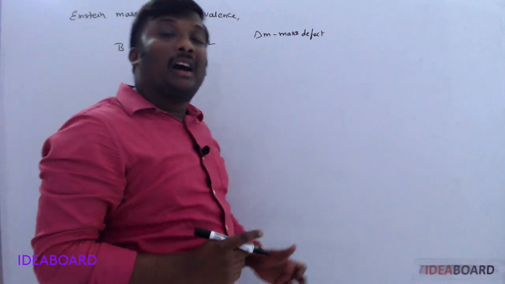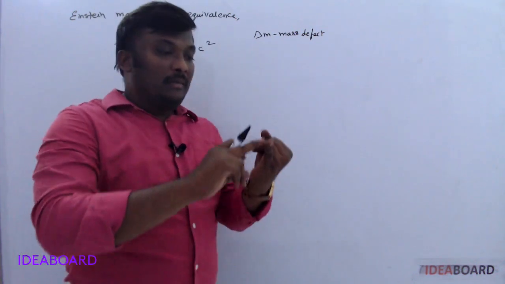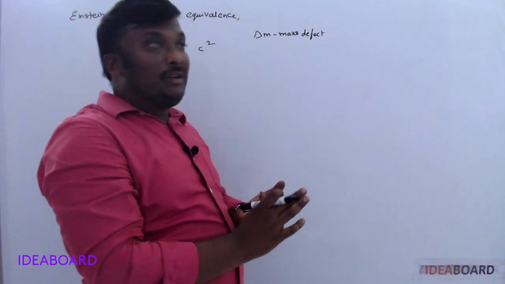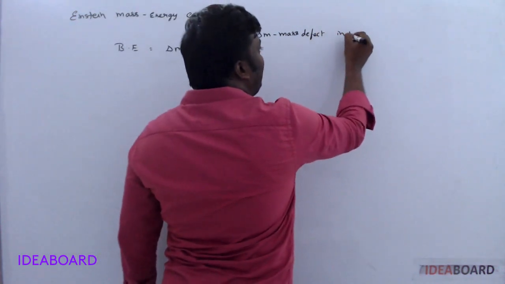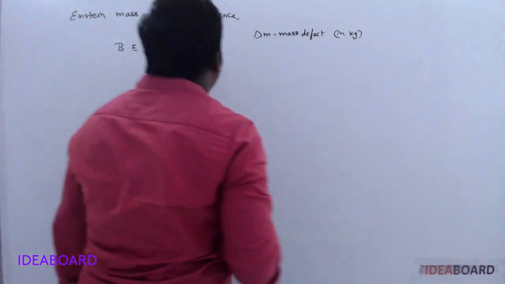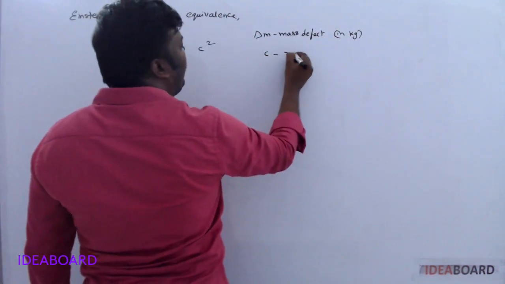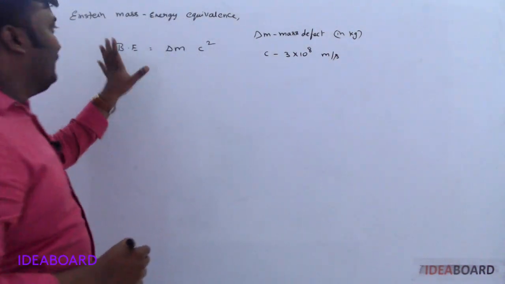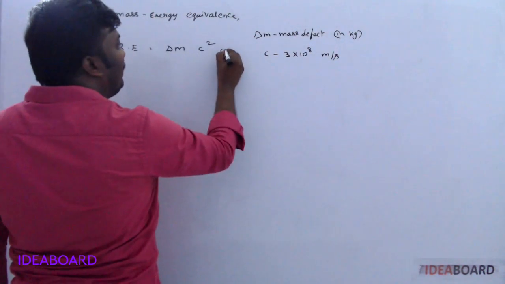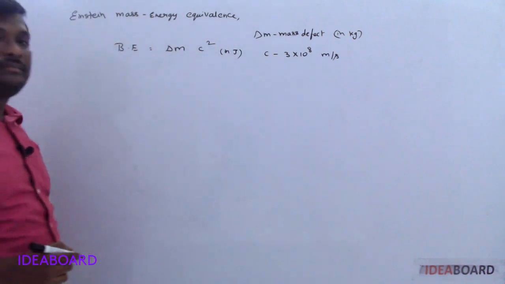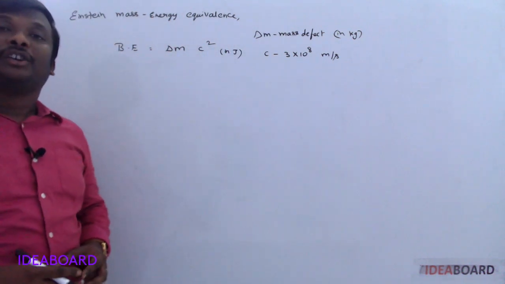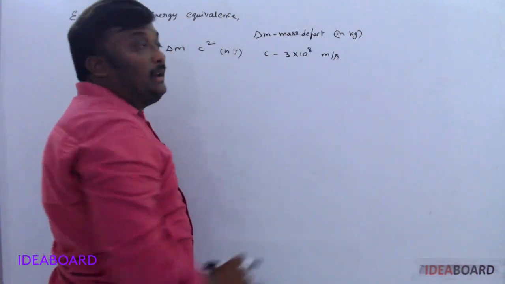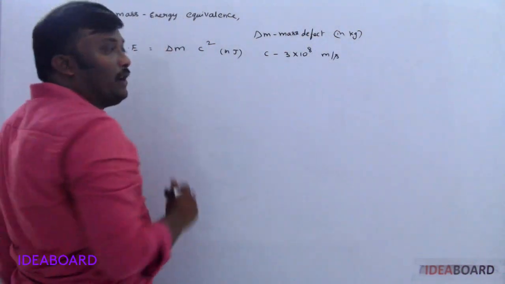So if all the masses, that is, the mass of proton, mass of neutron and actual mass of the nucleus, are given in kgs, and c, the speed of light, is 3 into 10 power 8 meter per second, then we get the binding energy in terms of joules. So please check, depending on the given data, we can use this formula.